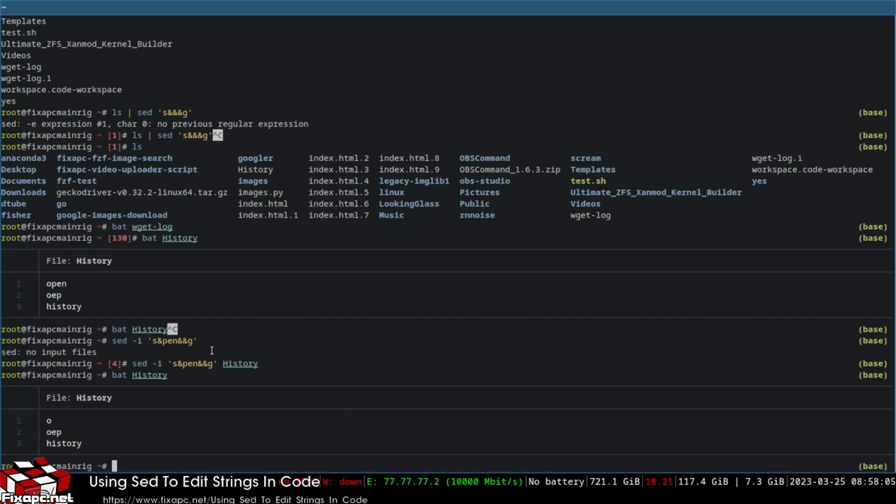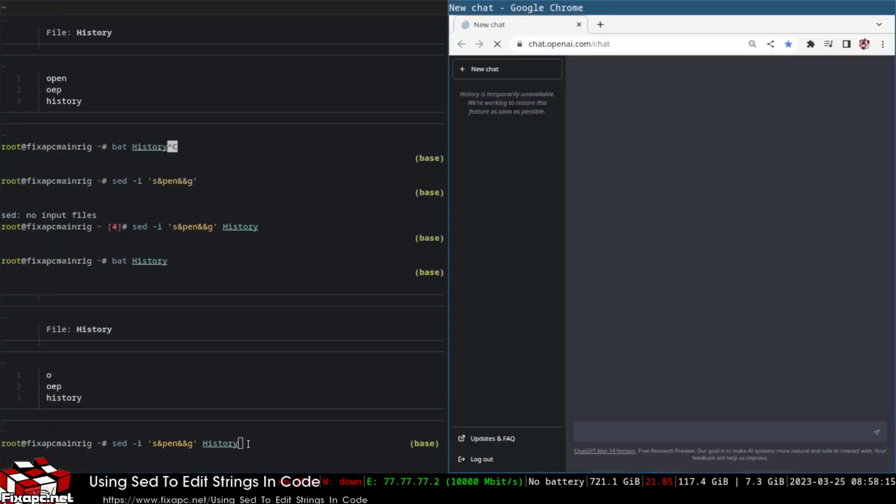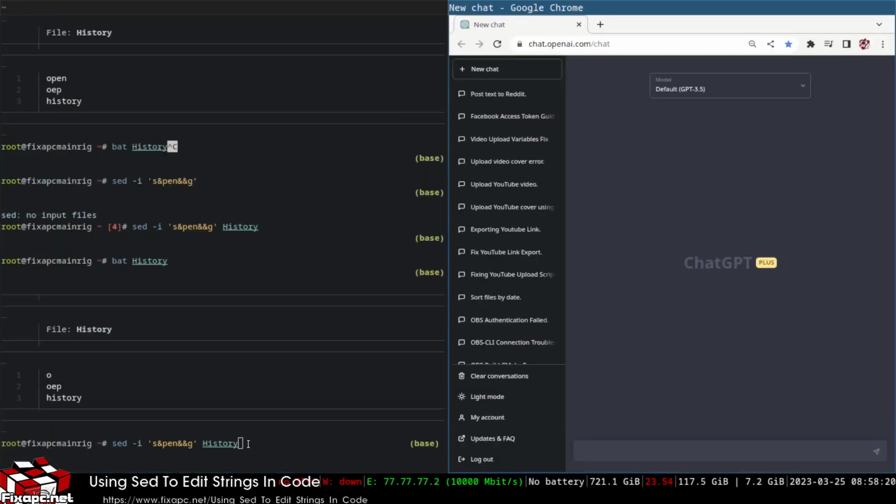Something else you need to know. If you do the G, it's going to go global. So it's going to keep hitting all the search results. Take off the G, it won't. The S means search. Another thing, sed has some interesting things, and we can ask good old ChatGPT for it. Now, you can do how